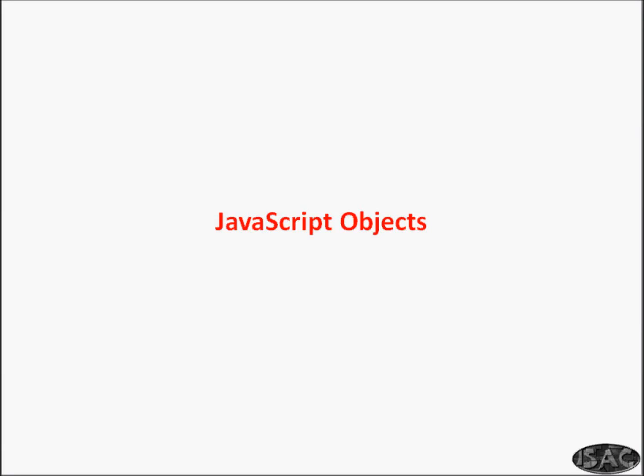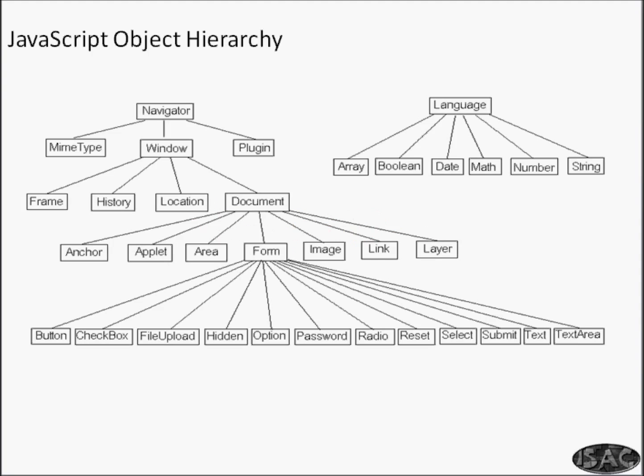Hi guys, let us understand more about JavaScript objects. We already discussed the DOM, the document object model, where I explained that there are several objects in a hierarchy, and I talked about the document. Another discussion we have to do is the object hierarchy we have in this JavaScript. You can notice here on the top,